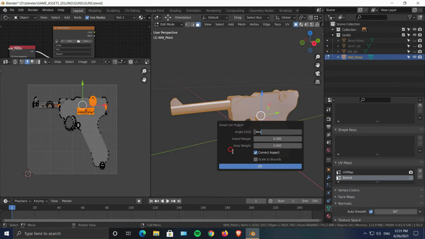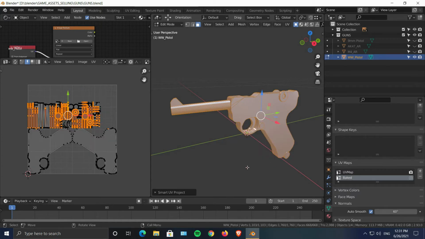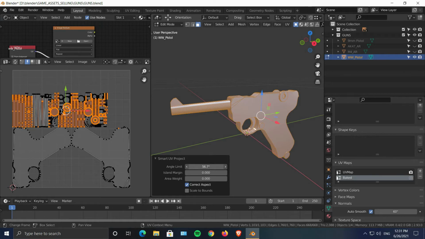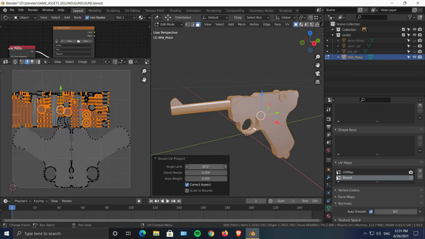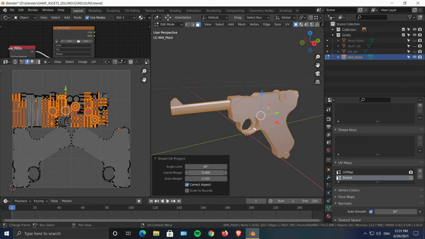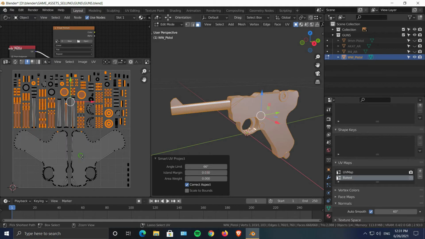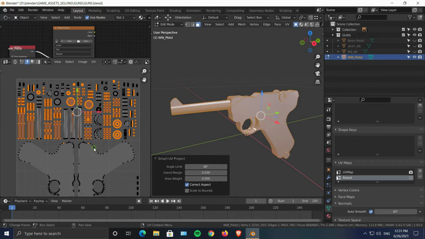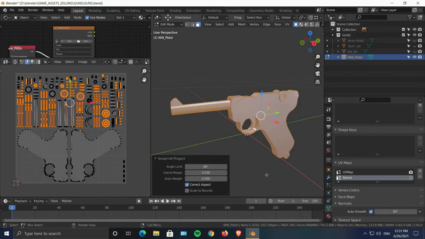So let it be at 66. We'll click OK, and then you can open up this panel and you can see your UVs over there. Now you can change the angle limit. You can make this angle limit something like 30 or anything you want. I'll keep it at 66, but I'll change the island margin to 0.03, so this way everything gets spread out equally.